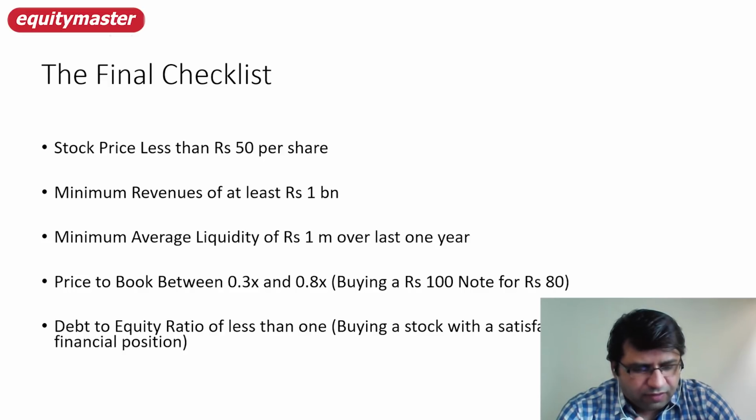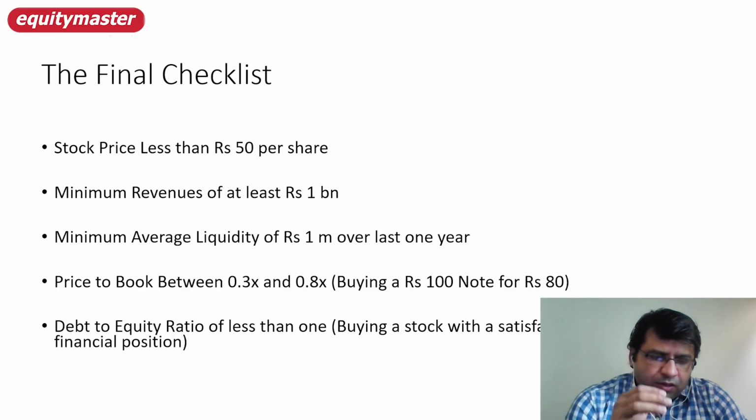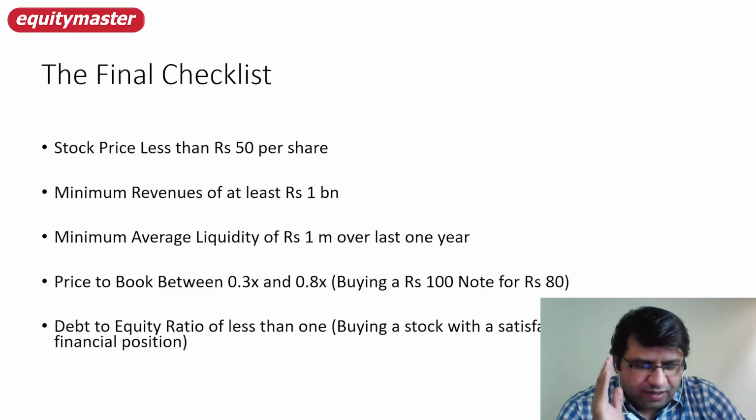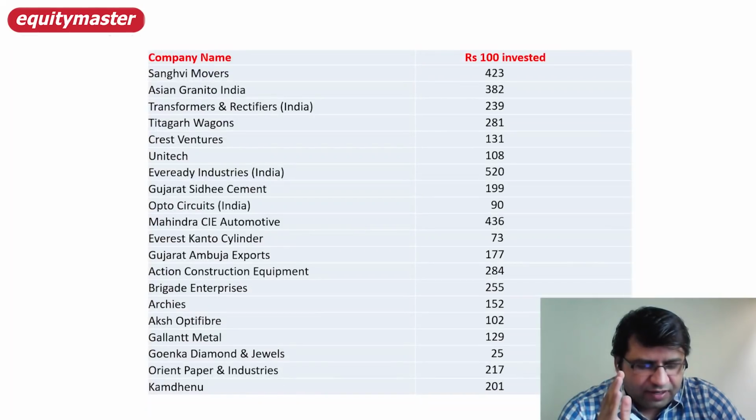So although the number of data points is less on the checklist, I think they are the most useful and the most powerful data points, and will help us take a pretty informed decision. So here comes the list. What I have done is I have identified 20 stocks using the data points, the checklist that we had in the earlier slide. These are the companies which showed up on my screener when I ran the checklist,